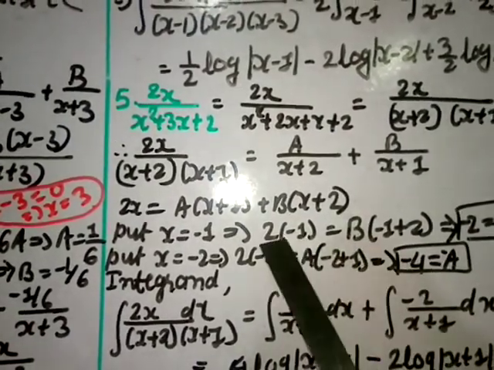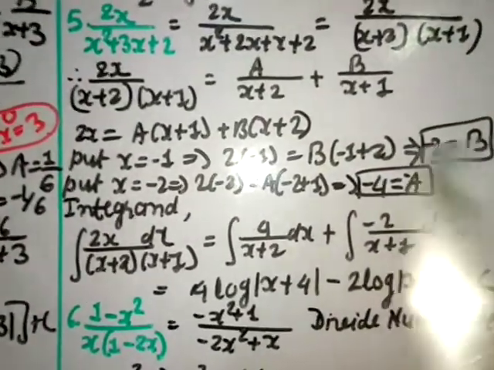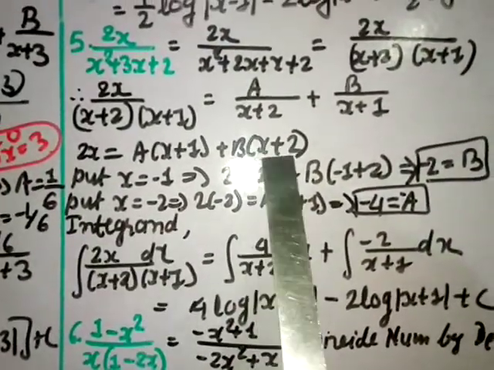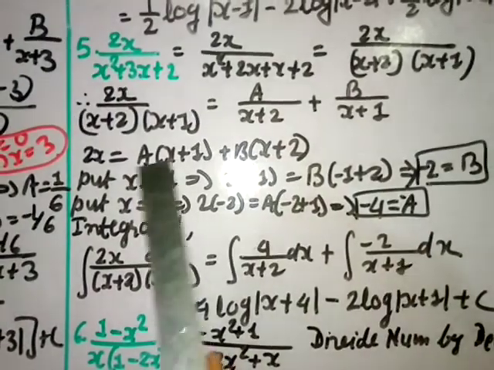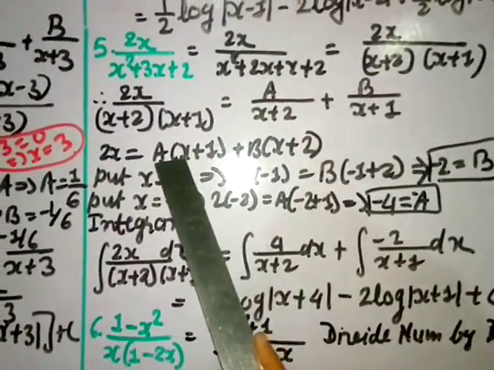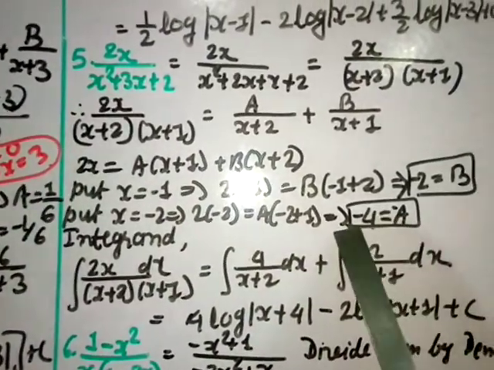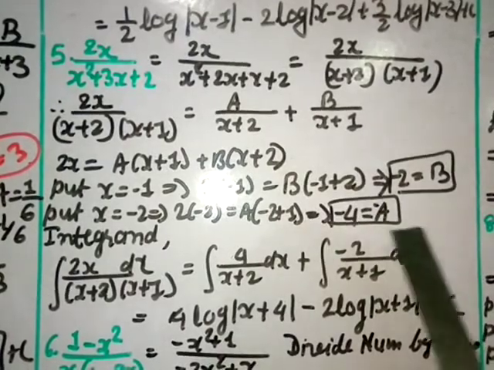Okay, so what will you get? Value b is equal to minus 2. I have written it here. Then put x equal to minus 2, the zero of this. So when you put minus 2, this will cut, minus 2 here, minus 2. So minus 2 into 2, minus 4. And here you put minus 2 plus 1 gives you minus 1. So these both are negative, so a will become plus 4.